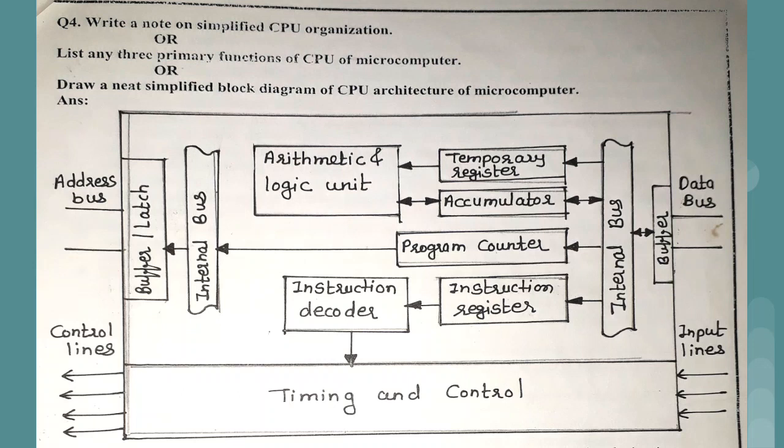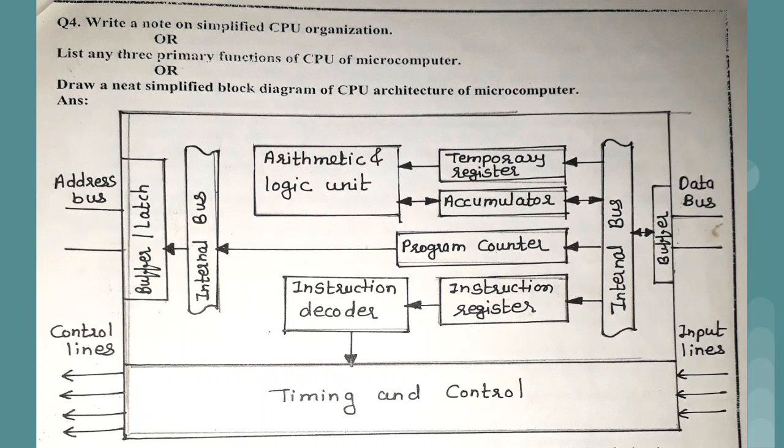Means from the data bus we can have the data inside the accumulator, and that particular data is sent to the arithmetic logic unit, and again the arithmetic logic unit can send the final result inside the accumulator, and from the accumulator we can send the data again towards the data buses. So this way, both ways communication is possible. But if you notice other arrows, they are only one directional. That is temporal register.